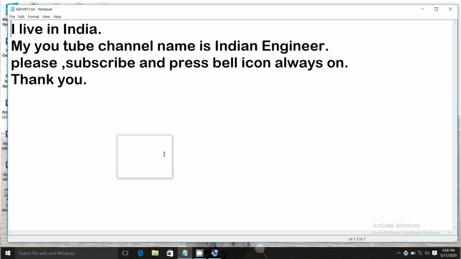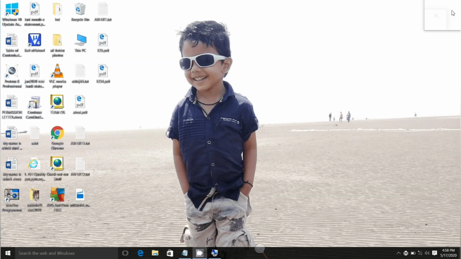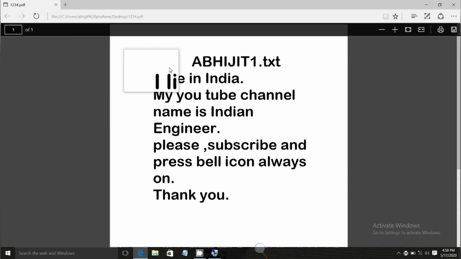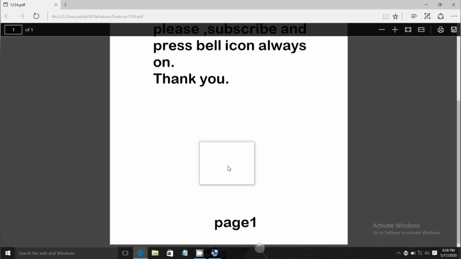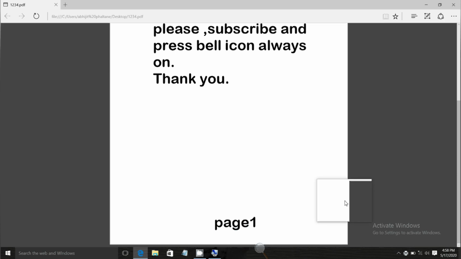After saving it, you can see this is our file name, abhijit1.txt. The file name occurs on the top side of the page because in the header we can type the file name. If you don't want it, then delete it from the header. And this is the page one option, the word page one here. If you don't want it, again delete it from the footer side.